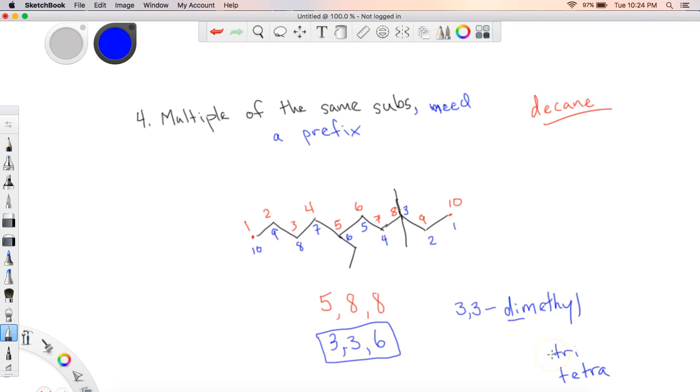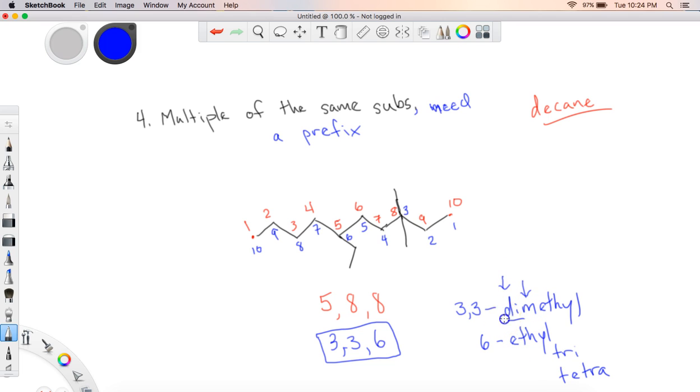You could have penta or whatever if you get to 5. Usually you're not going to see a whole lot of examples that go past 4 when you start doing this sort of stuff. So 3,3-dimethyl, and then I would also have a 6 related to the ethyl. So now the question is, when I list this alphabetically, is it D, because D would come before E, or